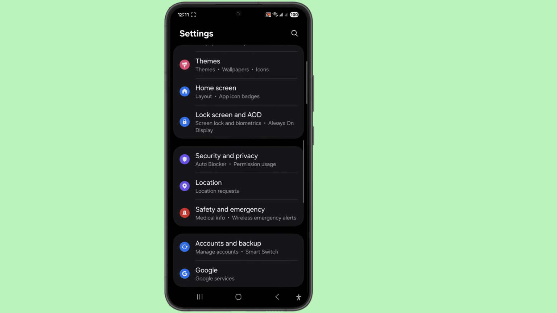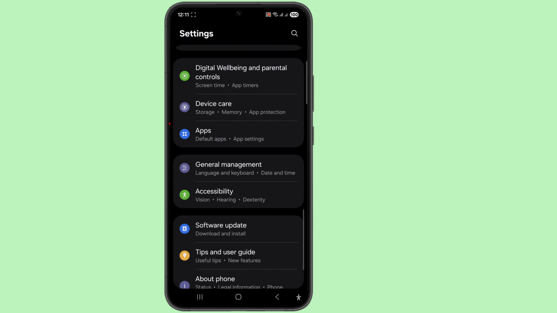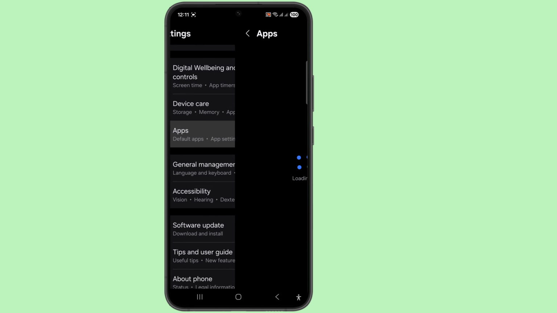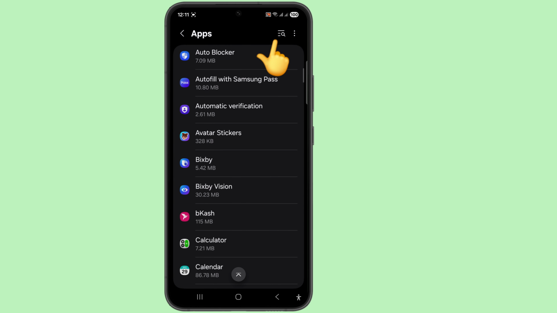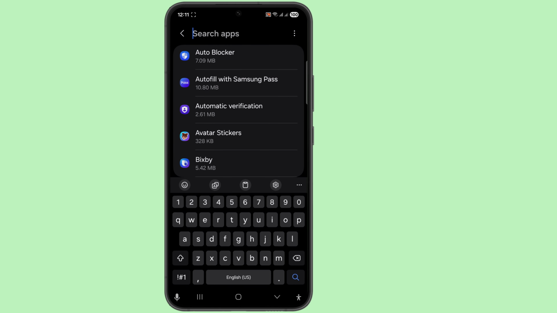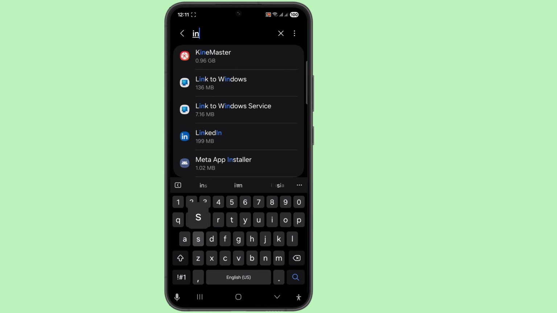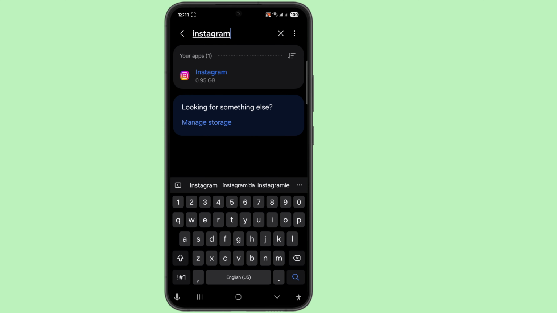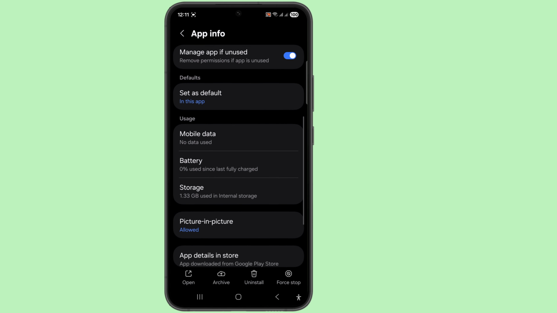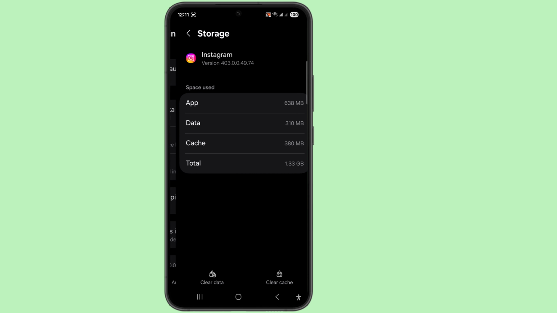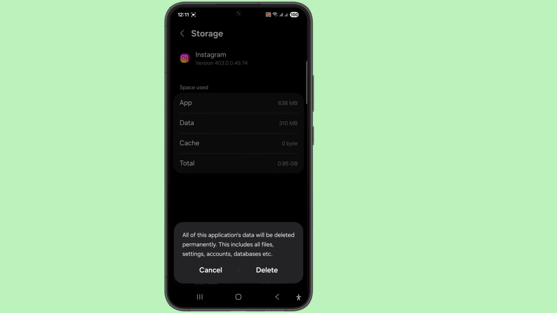scroll down a little bit, click on apps, scroll down a little bit, click on the search icon, search for Instagram, click here Instagram, scroll down a little bit, click on storage, click on clear cache and clear data,